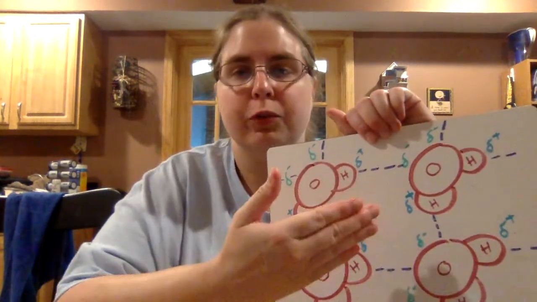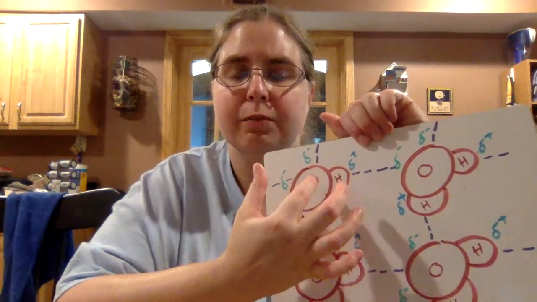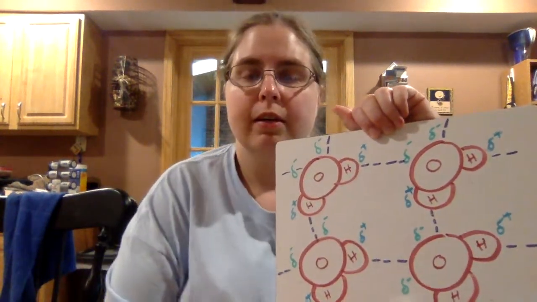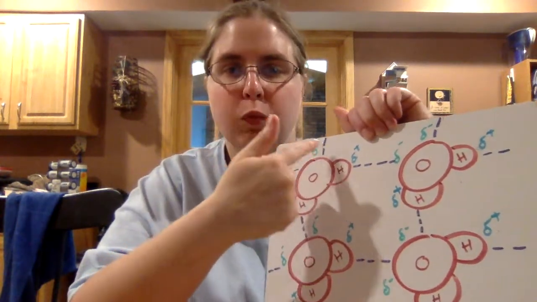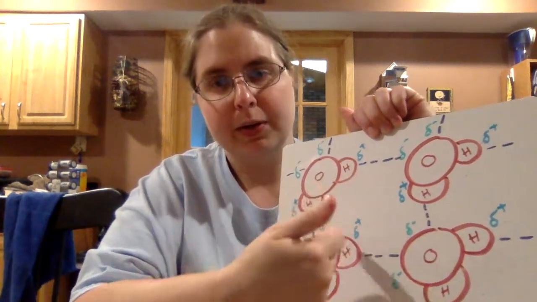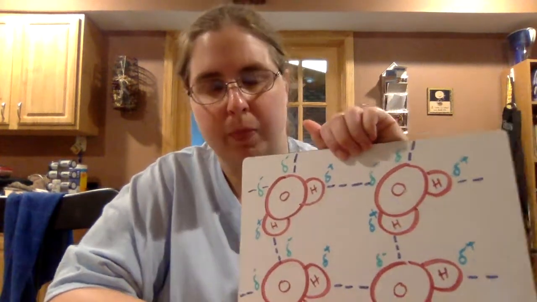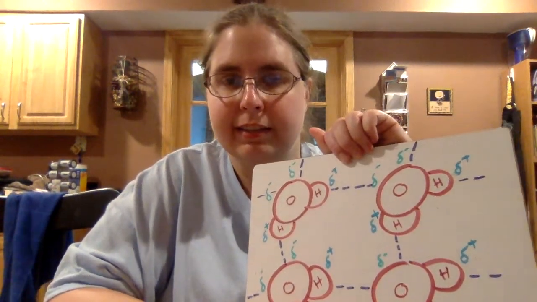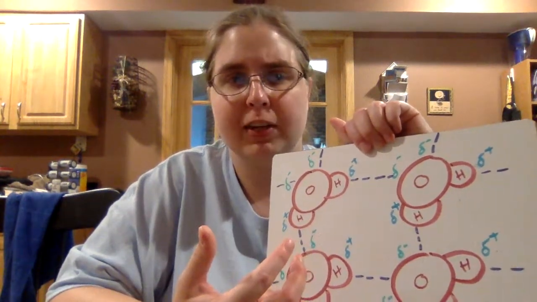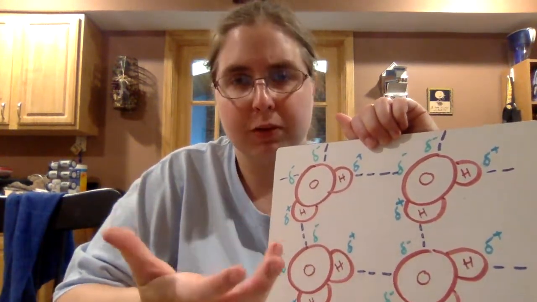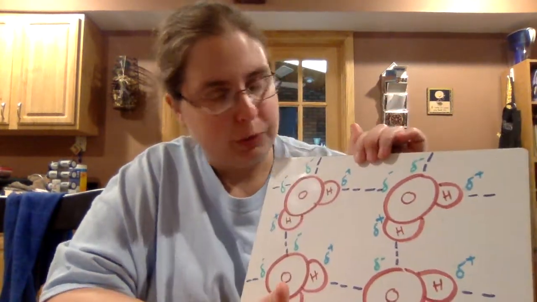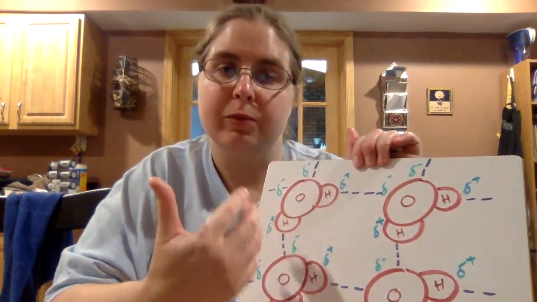Now, overall, it is still neutral. The slightly negative oxygen balances out with the slightly positive hydrogens. So overall, it is neutral, but on a molecular scale, you can think of it like a magnet, where on one side you have one attractive force, and the other side you have the opposite attractive force. Now, if you want to see that diagrammed out, check out my video on the chemical bonding. We actually draw out what it means to be polar and how we go into more detail on van der Waals forces. We're just doing a quick recap here because it is responsible for a lot of the cool properties